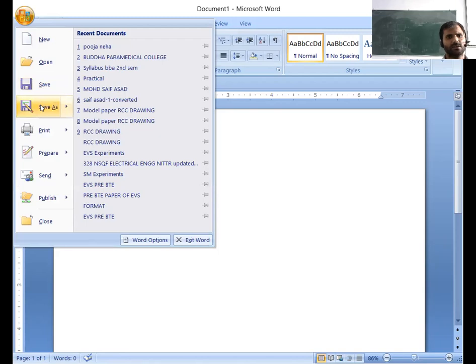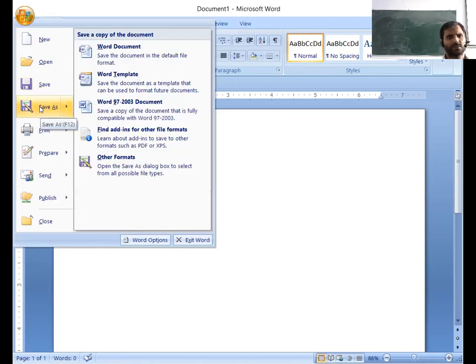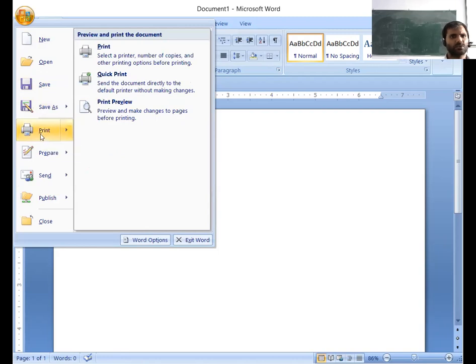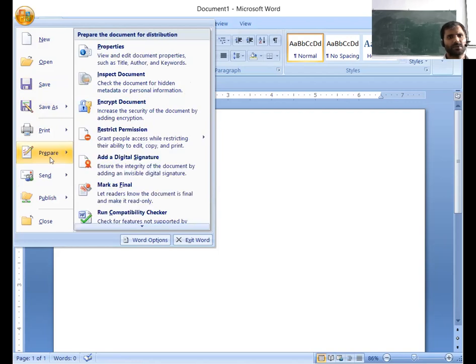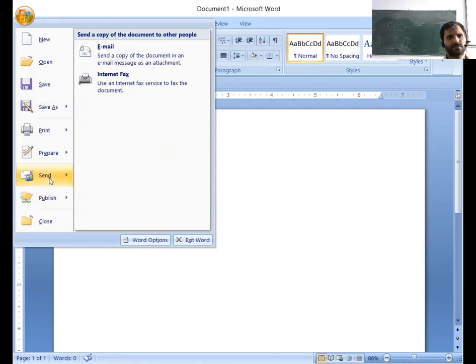And save as a copy of your document file. For print, you have to choose print options to print your document file, and then prepare, where you have to choose some options. Restricted permission you can also give, and password protection you can also enable. These are the options prepare and send.